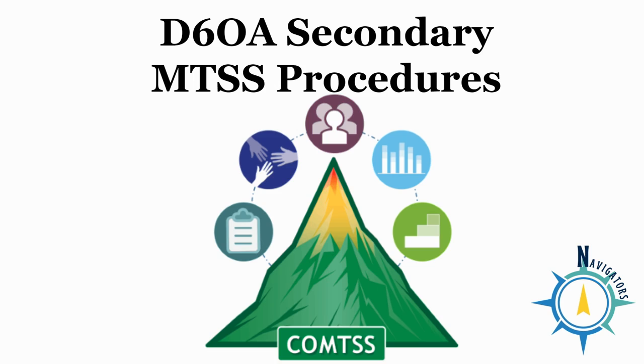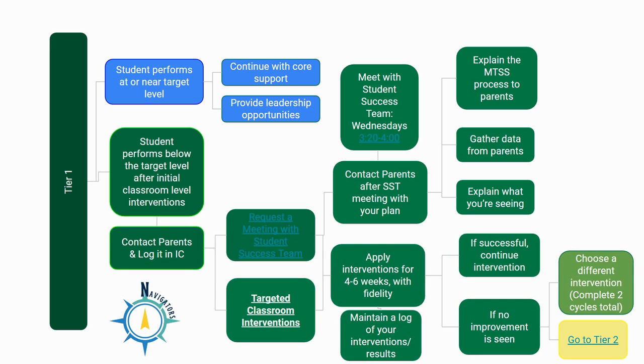Well, hello there, everybody. This video is about the wonderful MTSS procedures we have in place at D6 Online Academy, and this amazing flow chart by our secondary counselor, Ashley Julian. As you can see here, we have a flow chart that shows the progression of our Tier 1 support